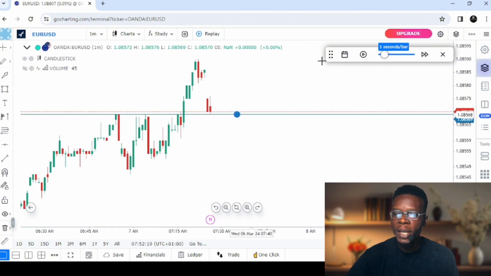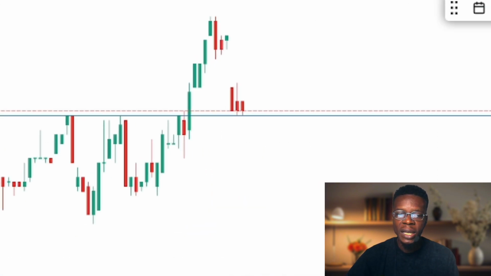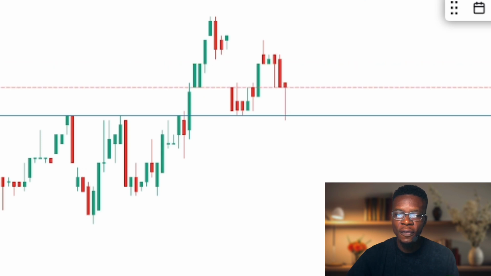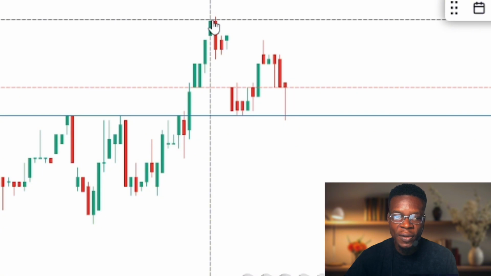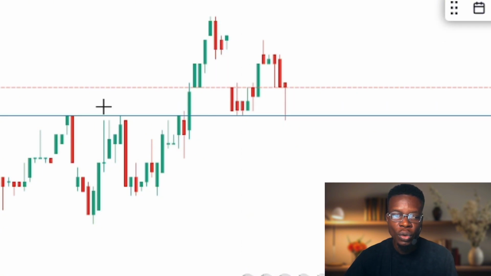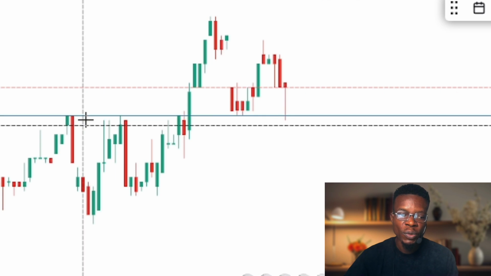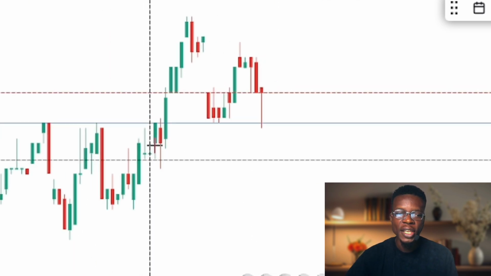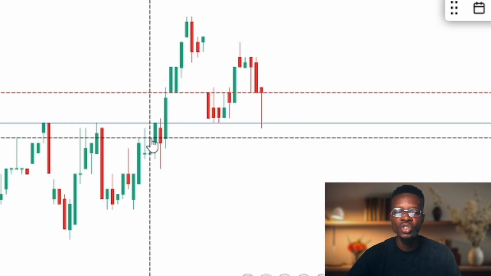The next setup came a few minutes later. The price came down again, and then it starts to consolidate again for a bit. You can see that this is again a new high, you can see over here, and the price fell down to create this new low, which is also a previous resistance level, which the price is now using as a support. Now if you find a break of structure,